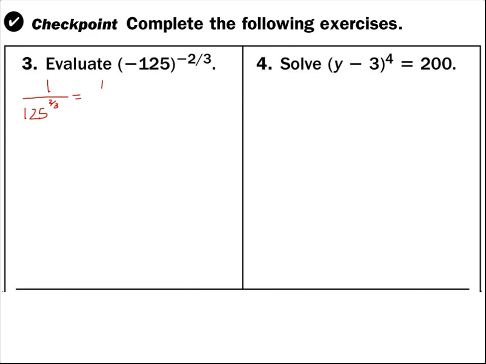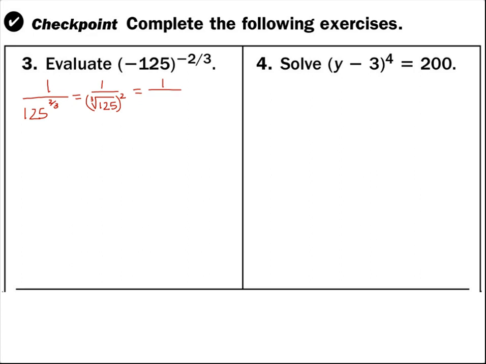So that's 1 over, and I'm going to do the radical version here because I ended up liking that one better. The cube root of 125 squared. And you might know that the cube root of 125 is